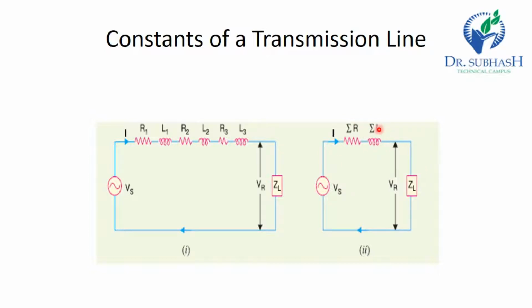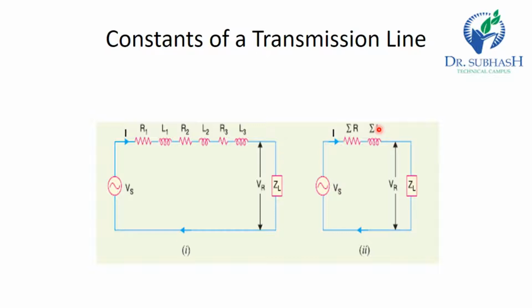Now the transmission line has mainly three constants, R, L and C, which are distributed along the whole length of the line. The resistance and inductance form the series impedance, and the capacitance exists between the conductors of the phase line, or from conductor to neutral, as a shunt path. The capacitance effect is introduced in transmission line calculation for medium and long transmission lines. A transmission line is mainly of three types: short, medium, and long transmission line.